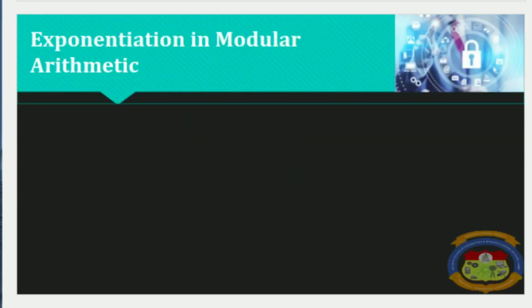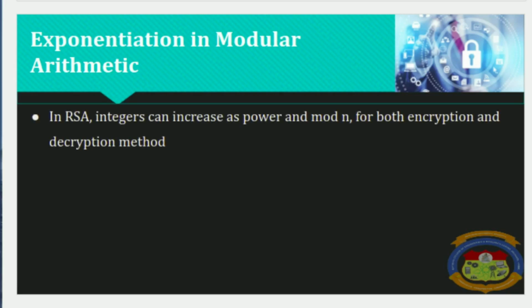So, modular exponentiation is a type of exponentiation performed over a modulus. It is useful in computer science, especially in the field of public key cryptography. In RSA, in both the encryption and decryption methods, integers are raised to a power mod n, that is, (p mod n) times (q mod n), mod n, is equal to (p times q) mod n. So the given equation says that we can reduce the result using modulo n. This calculation can be done practically.